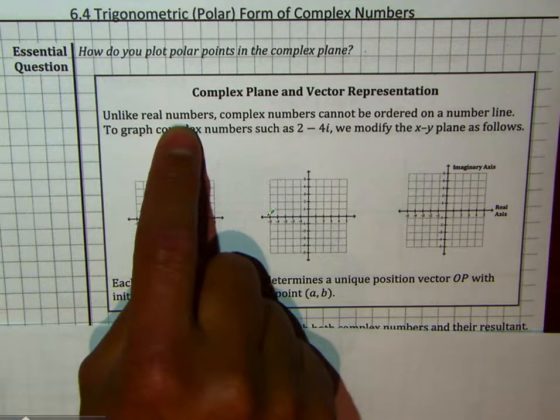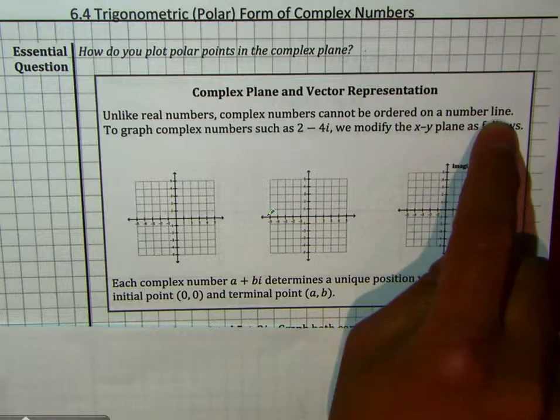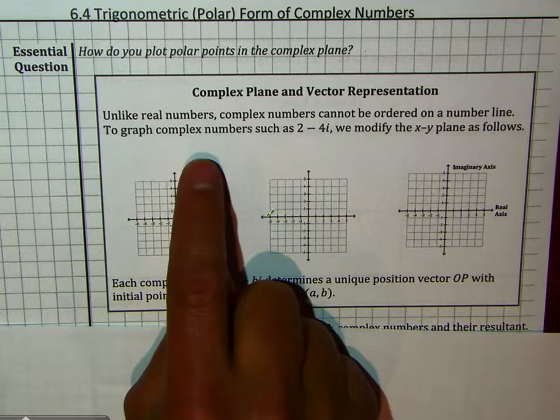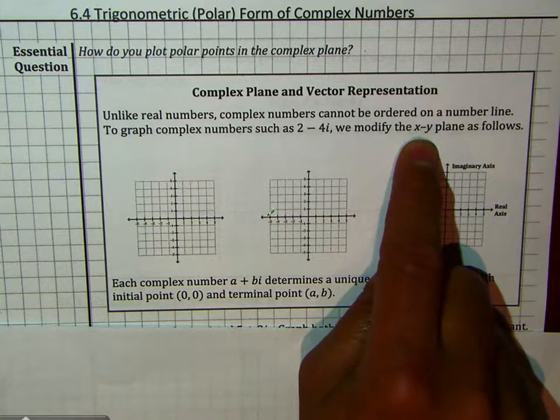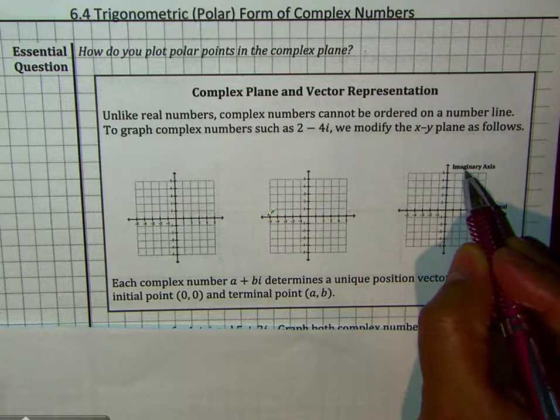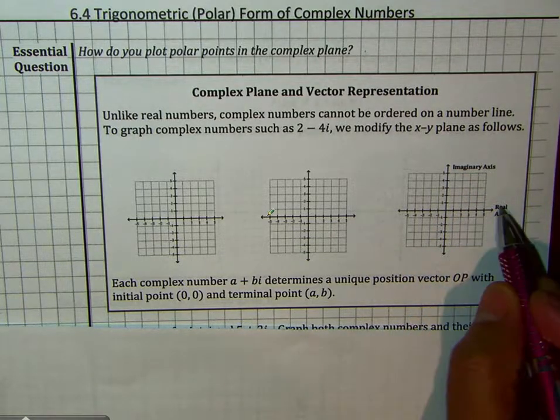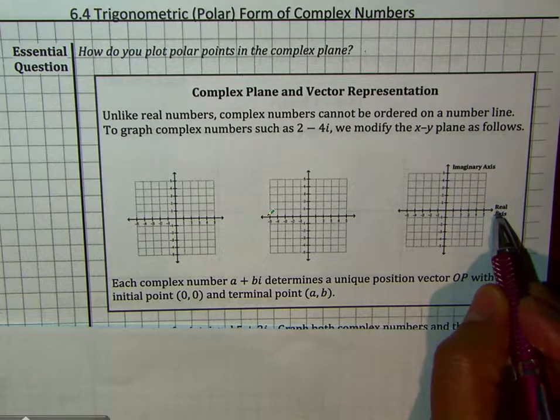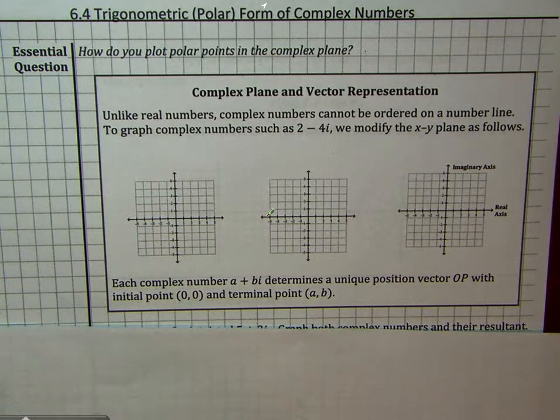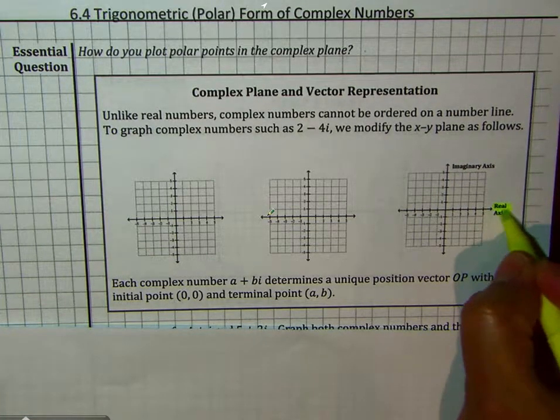Unlike real numbers, complex numbers cannot be ordered on a number line. So even though this is a complex number, it cannot be placed on the number line. It has to be placed on a complex plane. So we're going to modify your x and y plane as follows, where your imaginary axis is your y-axis, and your real axis is your x-axis. What used to be your x-axis is now your real axis,